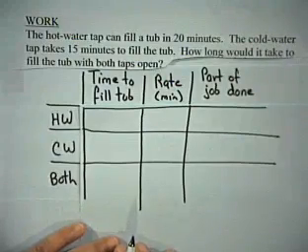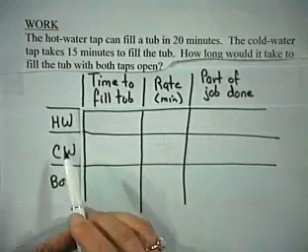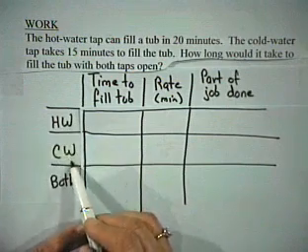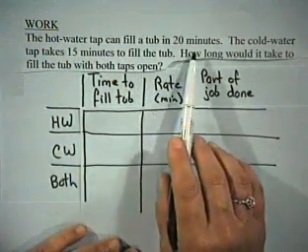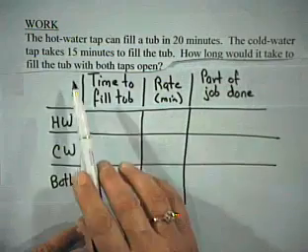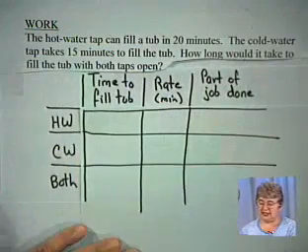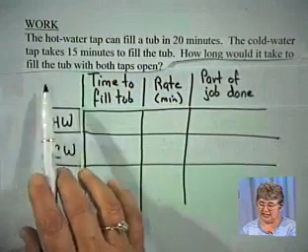Now, let's look at another work problem. In this case, we're going to have a tub that needs to be filled with water, and we have the hot water tap and the cold water tap. Notice that it says the hot water tap can fill the tub in 20 minutes. The cold water tap takes 15 minutes to fill the tub. How long would it take to fill the tub with